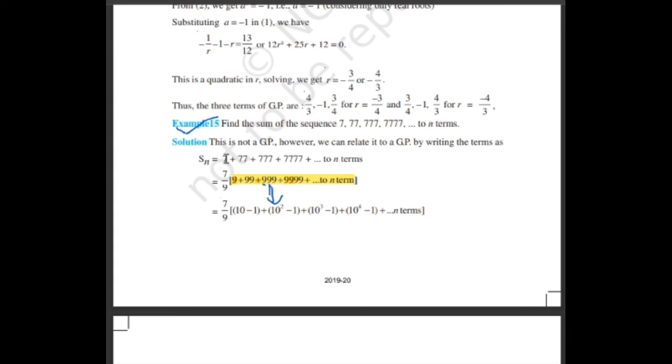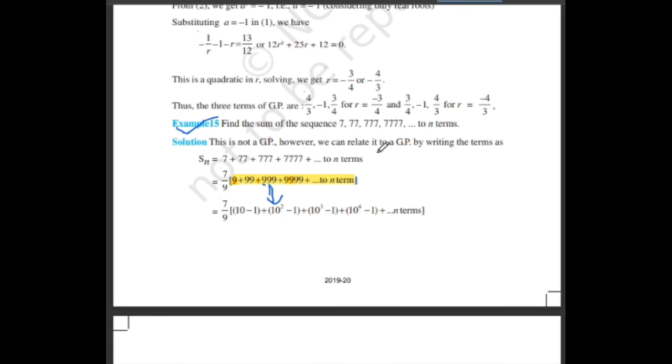So whenever you have any question, like if instead of 7, 77 you have 2, 22, then 222, then 4 times 2, okay, you can first reduce that into this format. Basically what to do, first you have to take 7 common from every term, because this can be written as 7 into 1, this can be written as 7 into 11, this can be written as 7 into 111, just like that. So first you have to take 7 common from everywhere. Then you have to multiply by 9. But if you are multiplying by 9, you have to divide by 9, no?